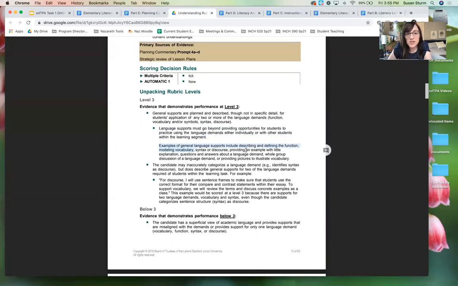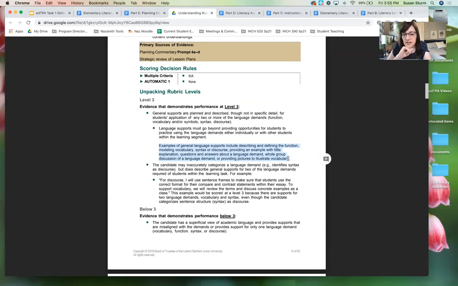Examples of general language supports include describing and defining the function. So that's, the student did that. They got that anchor chart. They're modeling vocabulary. Yep. They're using modeling syntax or discourse. Yep. Providing examples with a little bit of explanation, question and answers about a language demand, whole group discussion of the language demand. We see a lot of that, right? Like the turn and talk and the let's have a discussion about the word synthesizing,